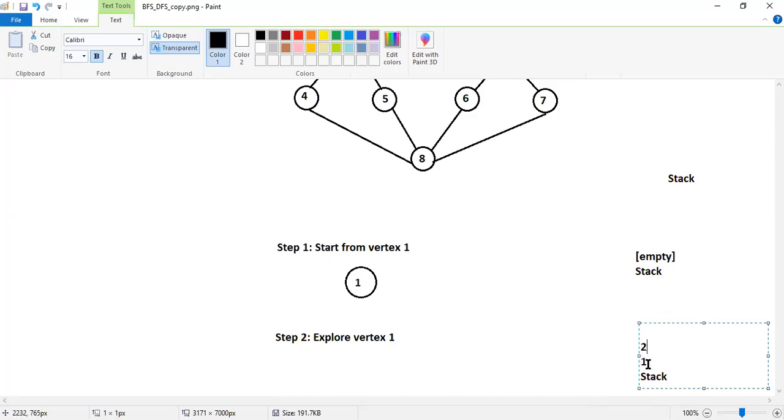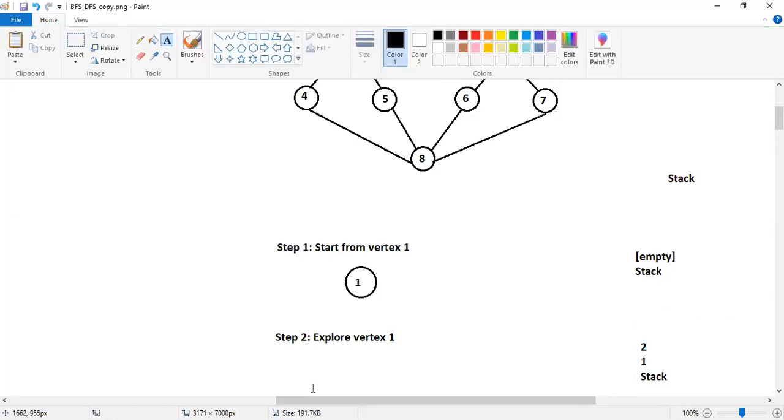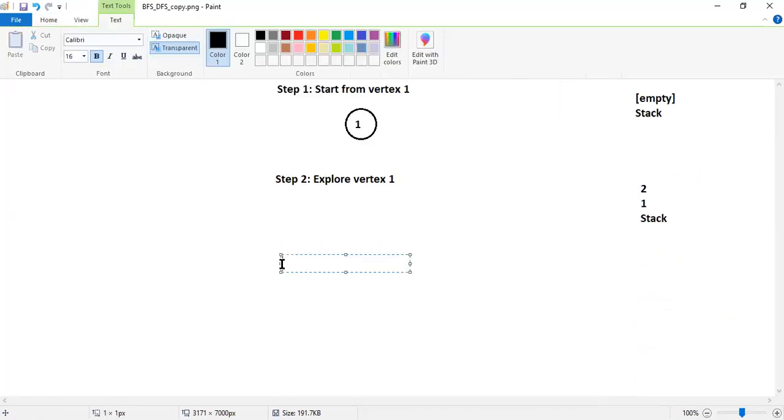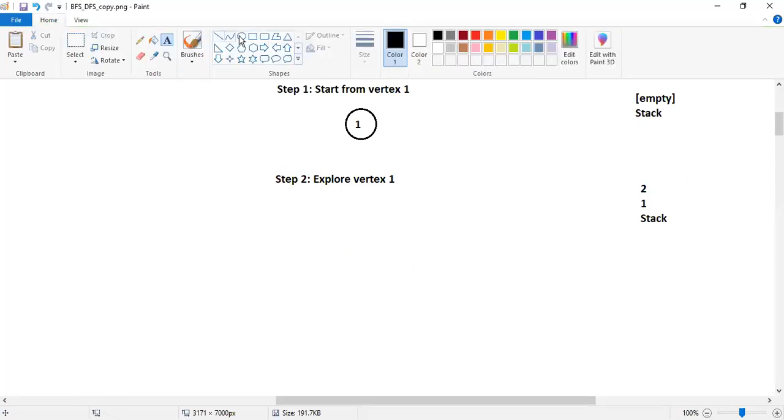Now, look here. Since the element I'm adding is on the top, I need to explore it first. Which is on the top? 2 is there. Now I should start exploring 2. So now, the next step. Let me draw the diagram also. With online mode, it becomes a little delayed, because every time we need to draw the images and then draw the circles properly. So this is step number 2 concluded, where we connect vertex 1 and vertex 2.